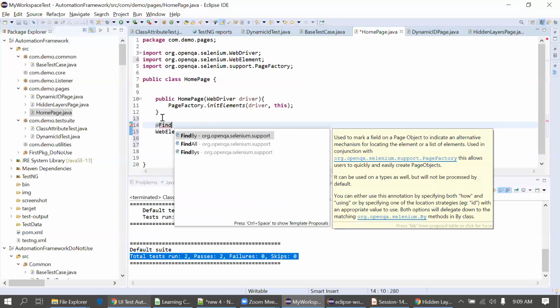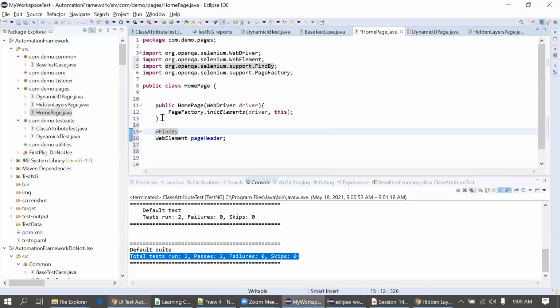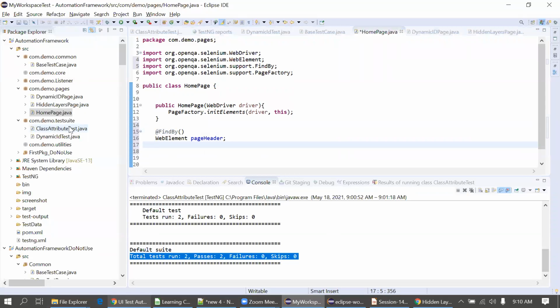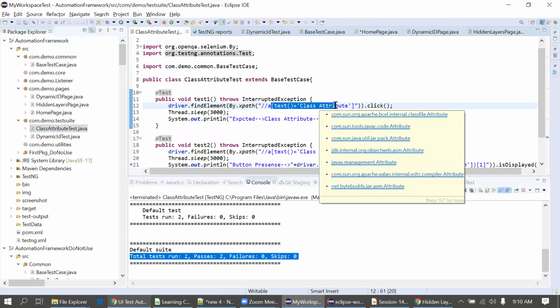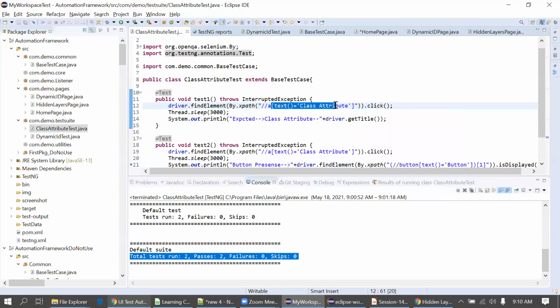This is the annotation of the page factory again. In the bracket. Now you can see why I'm showing you this. In our existing test cases, in the class attribute dynamic ID, you have put the XPath here at the test case level. But it might happen we need this XPath in different cases as well, right? Suppose we are using this XPath in 10 different places, and suppose your application got changed and this locator got changed. It is not an easy practice to replace it at all the 10 places, right? So this locator also should be in a single place.